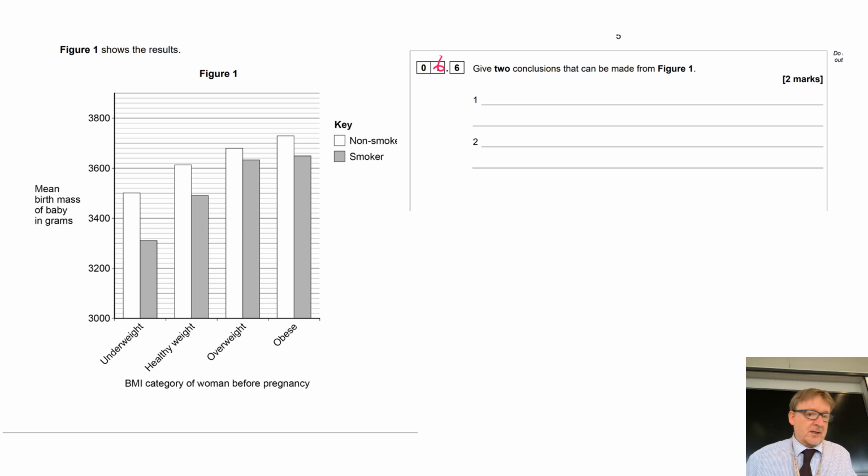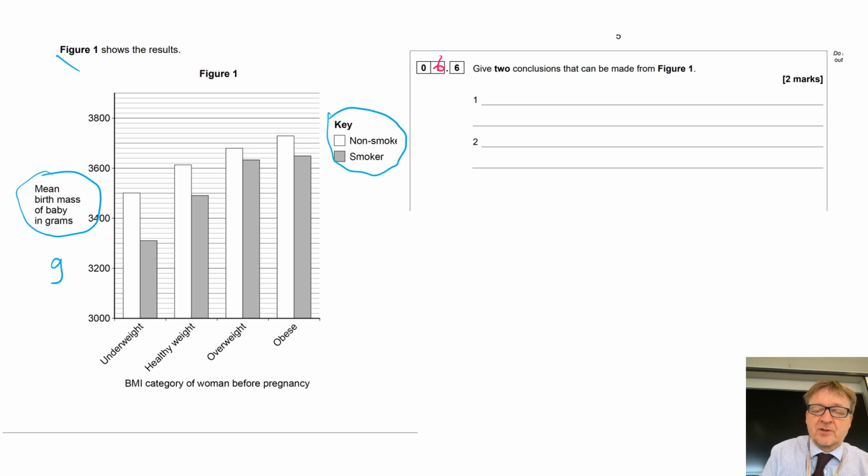Okay, 1.6, let's have a look at our graph first. Figure 1 shows the results. Mean birth mass of baby in grams. So we've got to notice that that's in grams and it's the mean birth mass. BMI category of women before pregnancy. Now what we're doing is we're looking at smokers and non-smokers. So what we can do is we can see